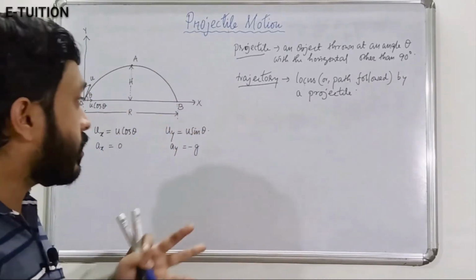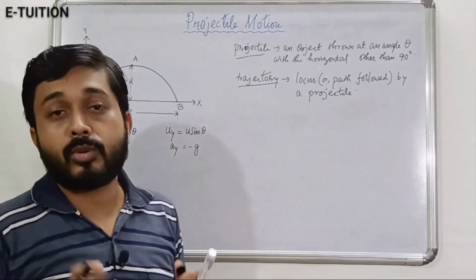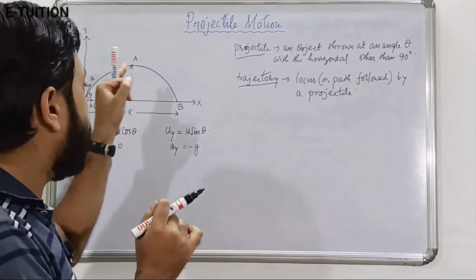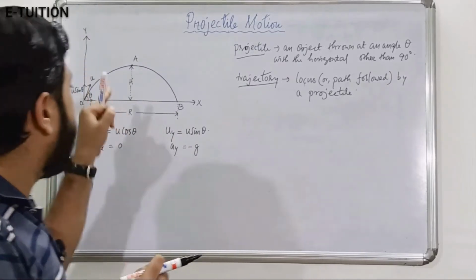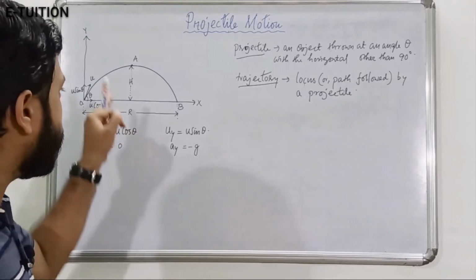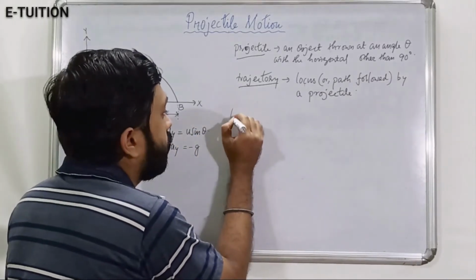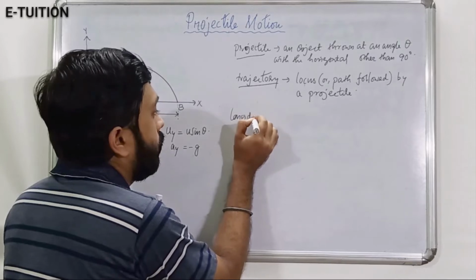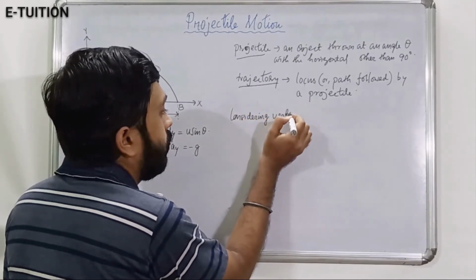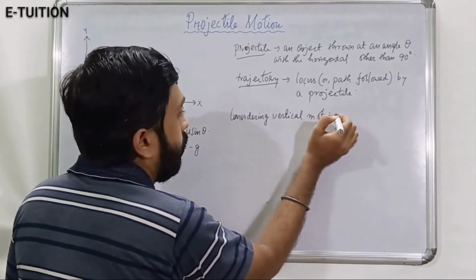Alright, so now let us come to the derivations one by one. The first one I want to do is the total time of journey. For that, we need to consider the vertical motion at the point A. Point A is the topmost point to which the projectile had ascended. You can see by having a look at the figure. So, considering vertical motion at A,